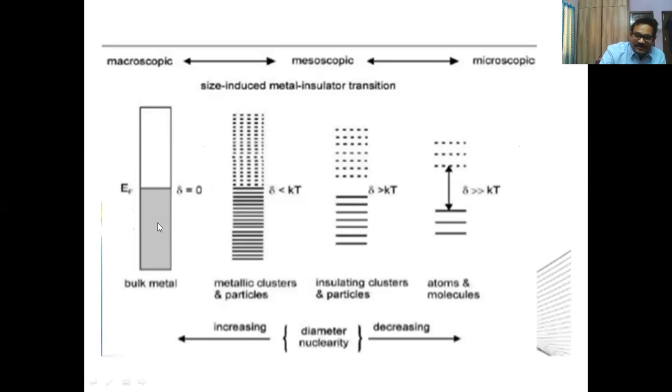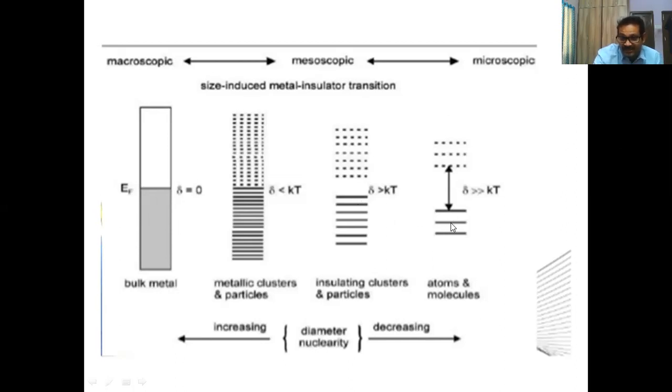So we can see that it is a band because all the energy levels are very closely spaced. We cannot resolve the energy levels. When the number of atoms is decreasing, what will happen? The resolution comes out, so we can resolve the individual energy levels. As the distance is increasing, these are the discrete energy levels. So you can see that there is an increase in the spacing of energy levels.